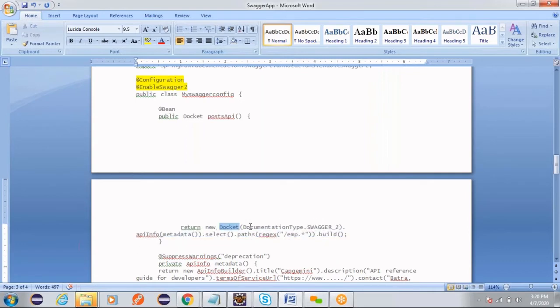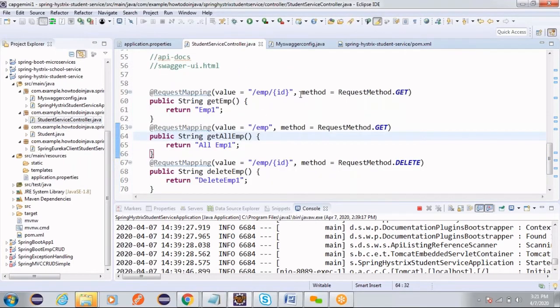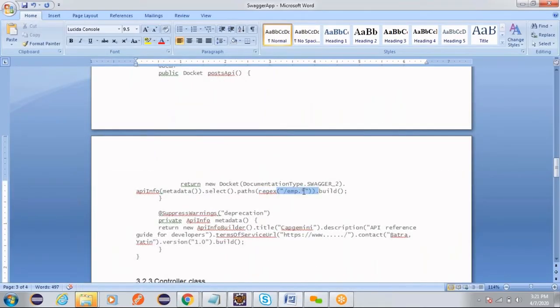Whatever document we create, of type Swagger, with metadata, up to this you need to give as it is. Here is a regular expression. We cannot give each and every method name. When we have certain methods, we will follow some convention. Let us say all employee applications will start with emp/ and then we will change the URL. We will maintain some uniformity. That naming convention we can follow in this configuration class. Regex emp.* means starting from emp, all methods need to be documented.